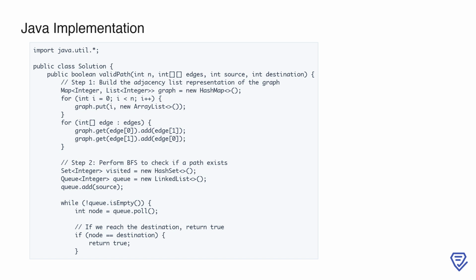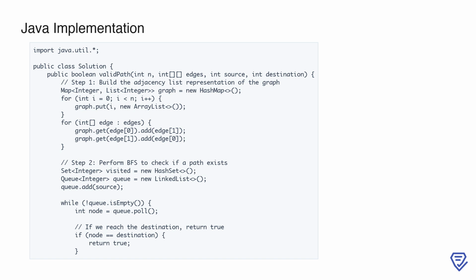We initialize a hash map where each node is mapped to a list of its neighbors. For every edge in the input, we add the two connected nodes to each other's adjacency list, which ensures the graph is represented as an undirected structure. Next, to determine if a path exists, we use a breadth-first search approach. We initialize a set to keep track of visited nodes and a queue to manage the nodes to explore, starting